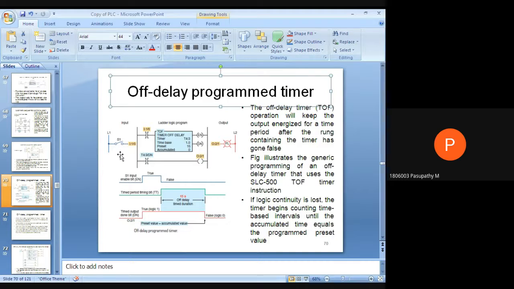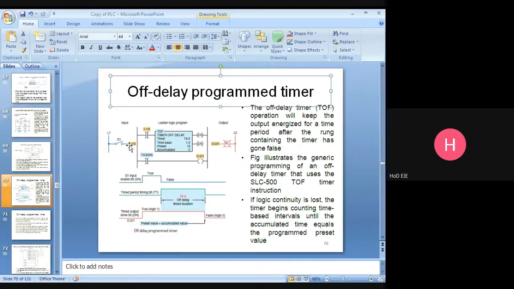After 15 seconds, the done bit gets de-energized, and the T4 switch becomes open. The bulb will get off. You can say this one is the contact T4 done bit will be opened. Like that you can say.